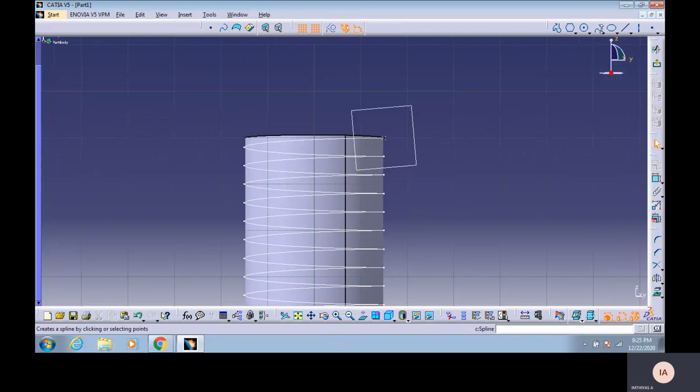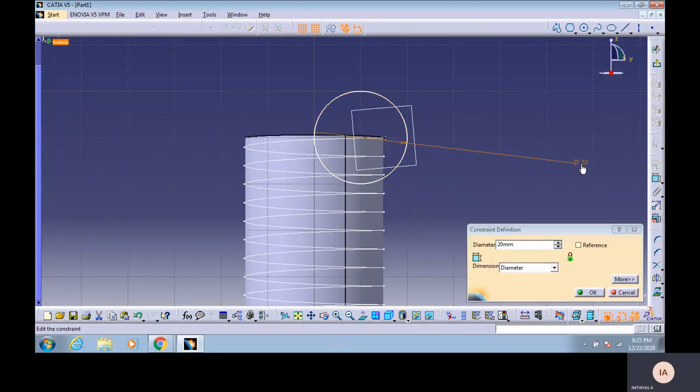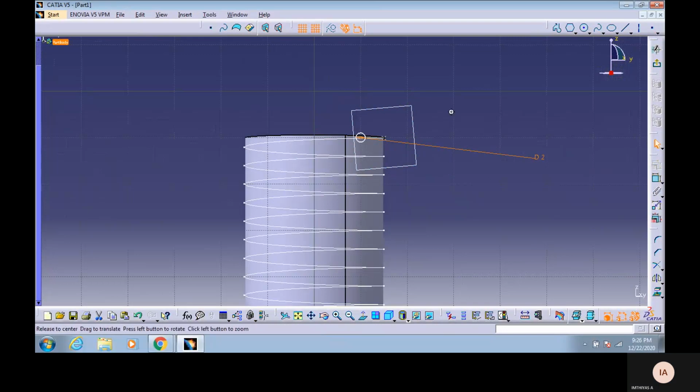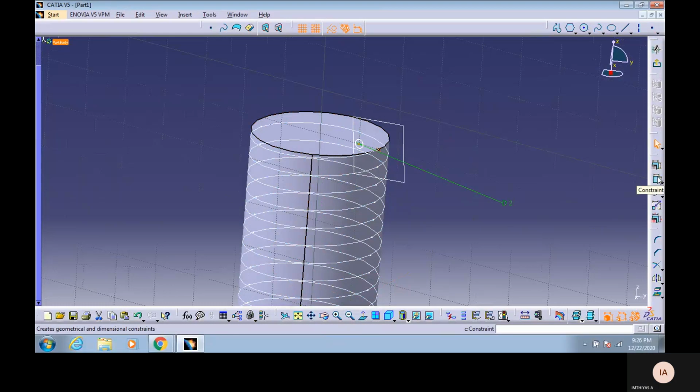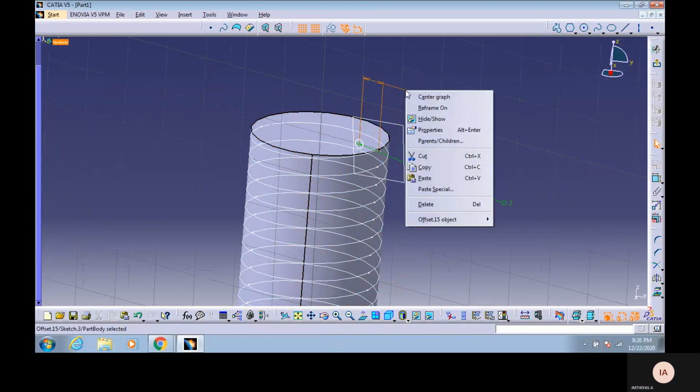So now I am going to draw a circle of diameter 2 mm. The diameter is 2 mm, and the circle has to coincide with this point. So selecting the center of the circle as well as the point, the dimension of 5 mm.